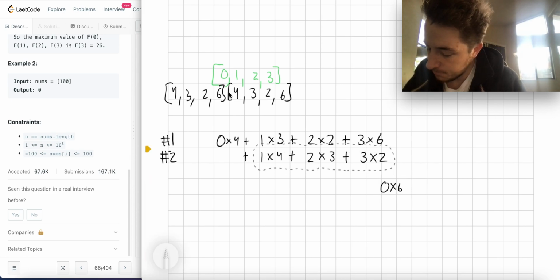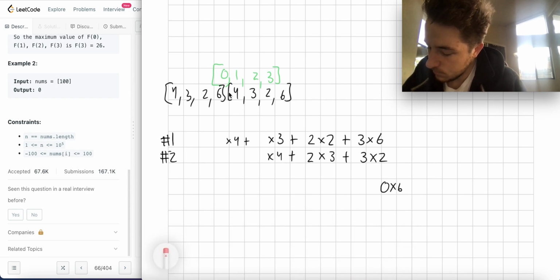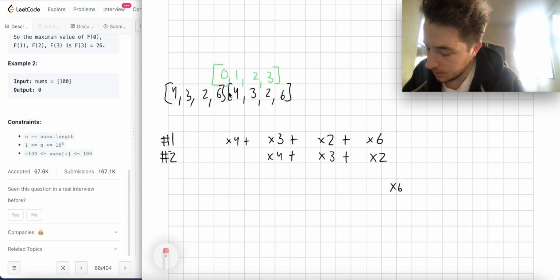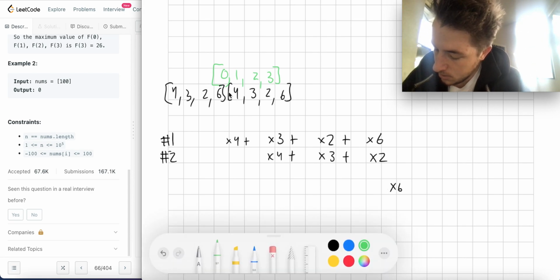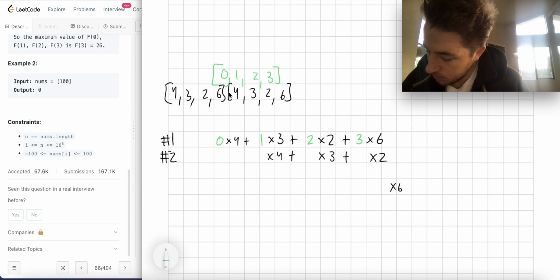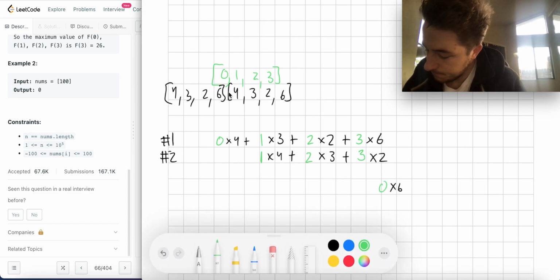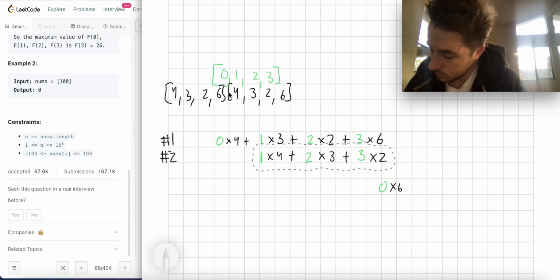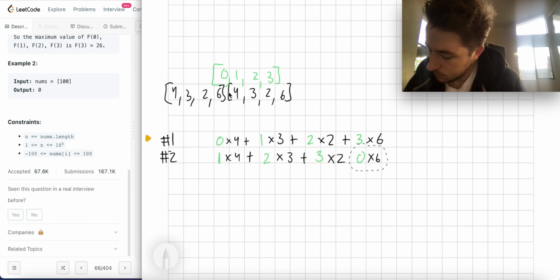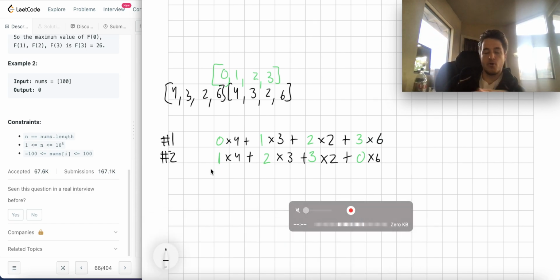I'm going to do something here just so it's a little clearer what I mean. I'm going to use the same colors so you can see what I'm talking about. Let me do 1 times 4, 2 times 3, 3 times 2, 0 times 6. Okay. So this is also number 2 in terms of number 1. With sums, you can do them in any order. So I just reordered them so that the 4s are with the 4, 3s with the 3, 2s with the 2,